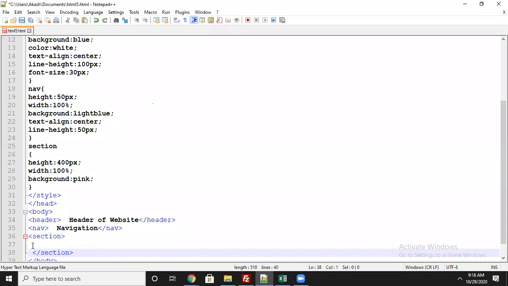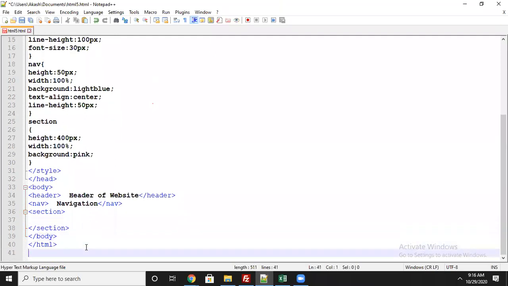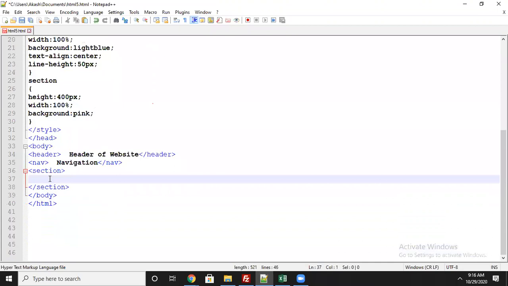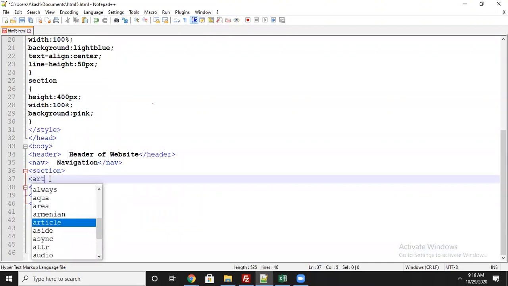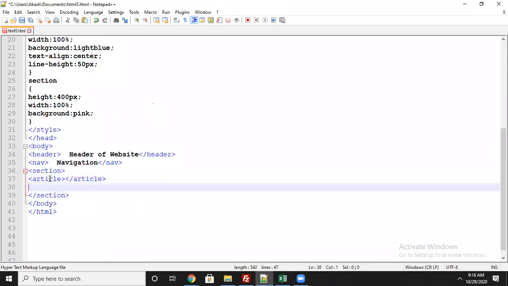One article tag, and I will close the article tag. And one more, the aside tag. The article tag we use for presenting the content inside. Aside, you can make it as side blocks in the website, or any subsections you want to make in the website. There you can use it.